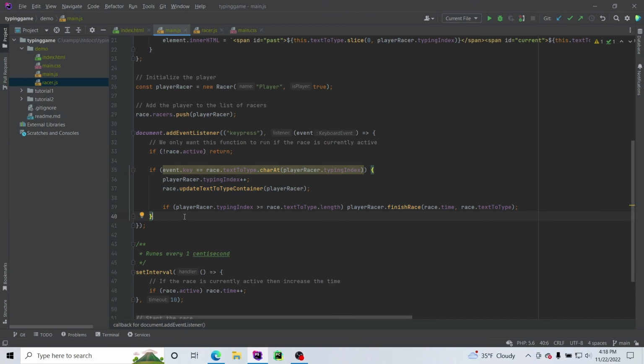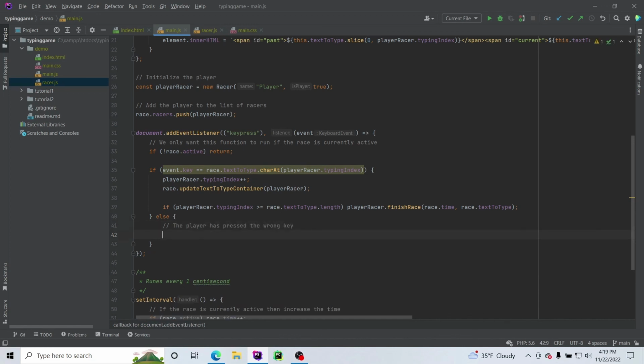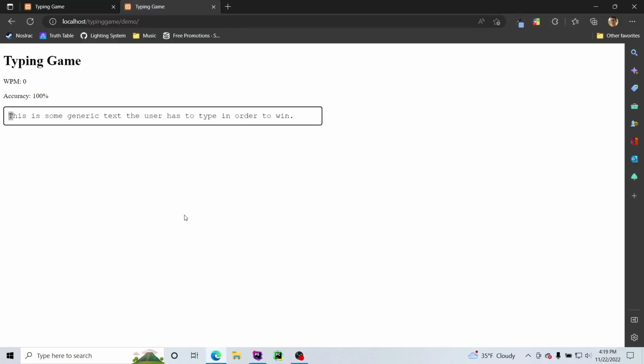We need to increment their error count. So else, all we need to do, basically this will only run if the player has pressed the wrong key, and we'll just do playerRacer.errorCount. We're going to increment that. So if we try this again,